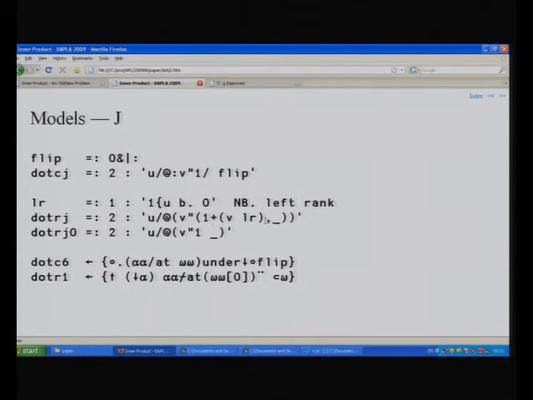So 1 plus the left rank is 1. So row at a time in J is that. An application of rank to rank 1 objects on the left, vectors on the left, or rows on the left, and the entire right argument. And that's rank infinity. And then you do the reduction